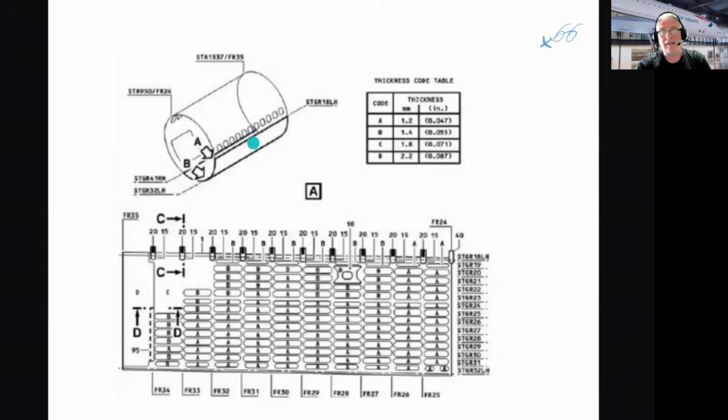So you have to locate. The object is to locate the damage in terms of which frame it is and which stringer. And depending on certain provisos, first of all, locate the area and then assess the thickness in that area and make sure the percentage of damage is allowable or not within the SRM. And this is why it's so confusing. But it doesn't end there. It becomes even more confusing